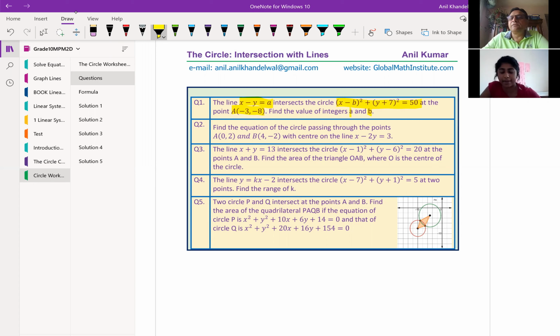Correct. So that's a relatively simple question. So what we are saying here is simple, that this particular line and the circle have a common point, which is A, correct? Now, since